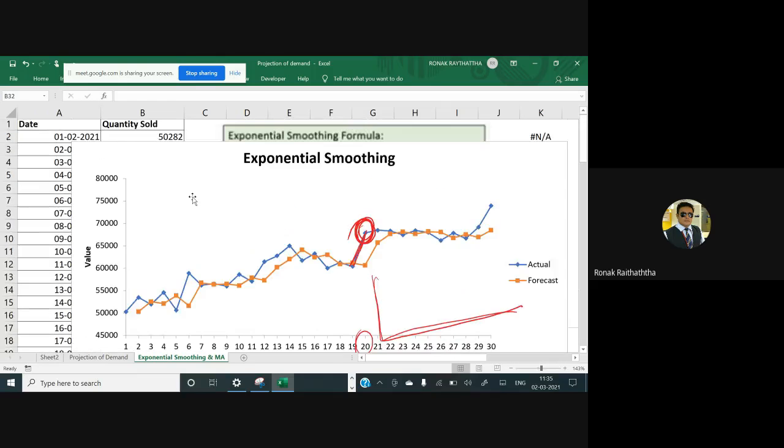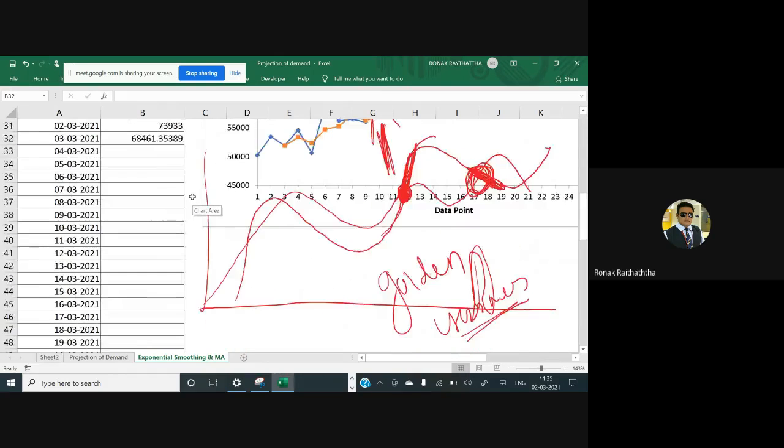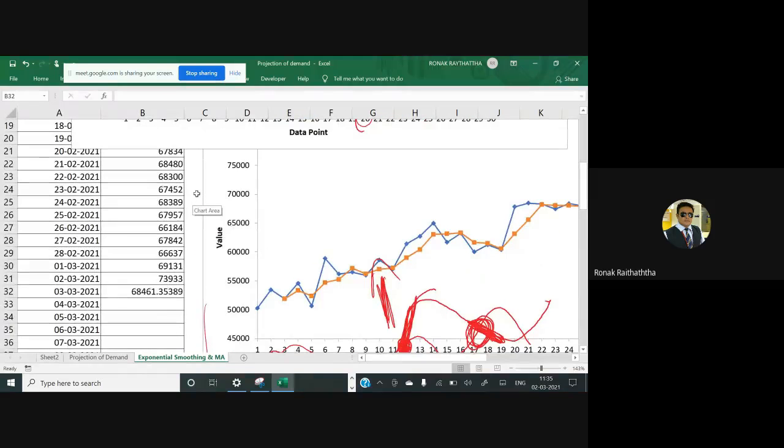Okay, so what we have seen right now is the exponential smoothing and the moving average. Exponential smoothing and the moving average are basically the same, but in the exponential smoothing you give the weights as per your choice. So how much weight do you want to give the previous forecasted value? You may put 0.4, you may put 0.5, 0.6. This is something where you will have to apply your judgment. There are no specific rules about how much weight you could give to the previous lag.